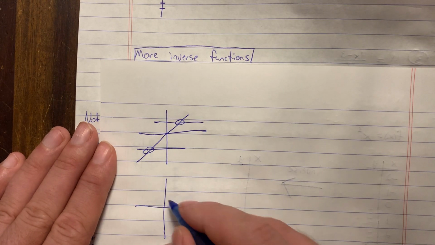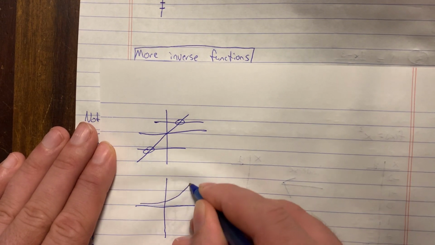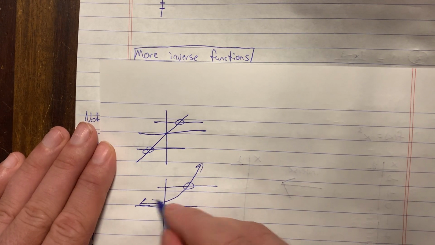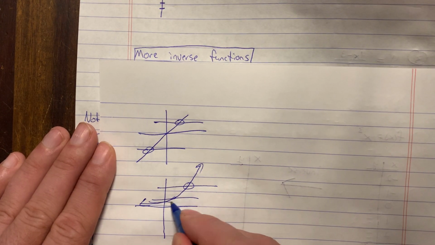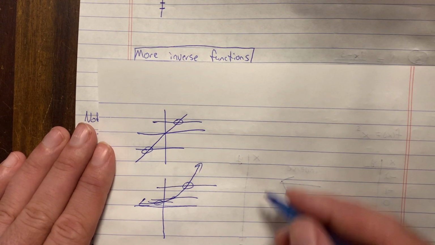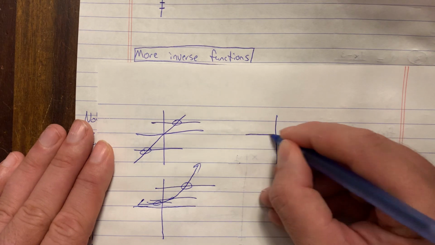Let's think about exponential functions. Exponential functions do not have any y values that repeat. If you draw a horizontal line, it hits it each one time. And so the inverse ends up being a function. Absolute value functions